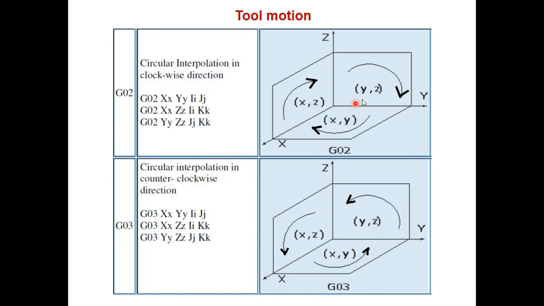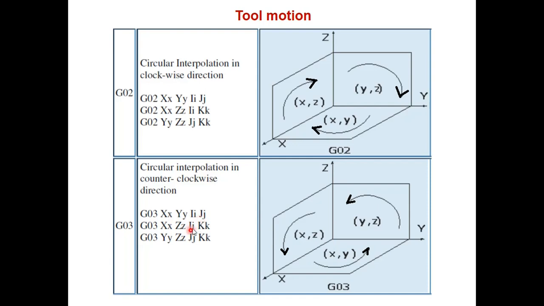So when you see here, let's say I'm seeing from X in a plane of YZ. So you can see I'm doing it in clockwise. This is my starting point, and let's say this is my end point, that is in clockwise. If I'm doing any machining operation, I have to use G02. But if it is in anti-clockwise direction, let's say in the same thing, I'm moving like this, so that is anti-clockwise direction, I have to use G03, followed by X and Y coordinates, and